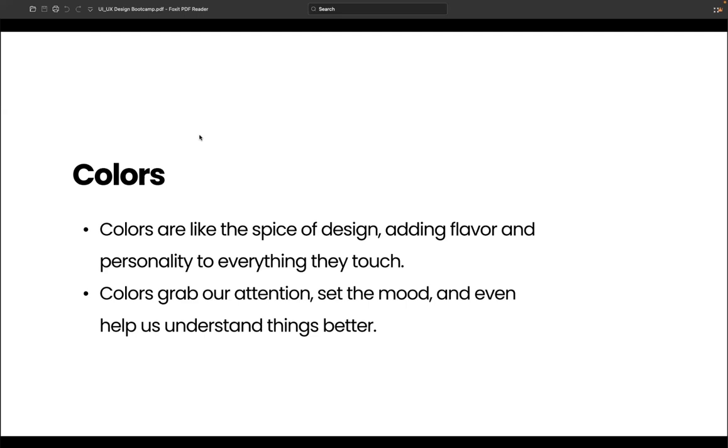So when you look at this slide itself, it's just black text on a white background, right? But it is not enough. You want to add something that will make it look vibrant in a way. So colors are able to grab our attention. They're able to set the mood and even help us understand things better. You understand? So that's why,